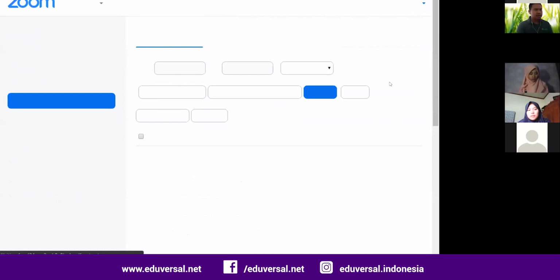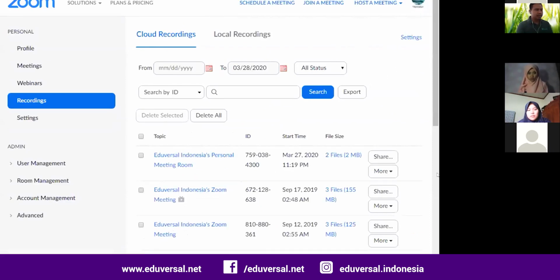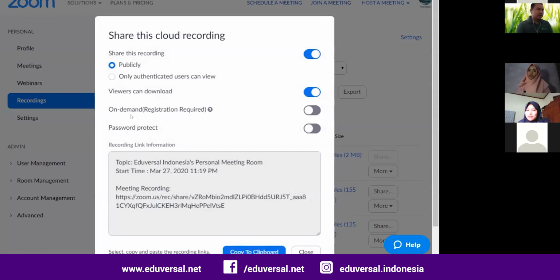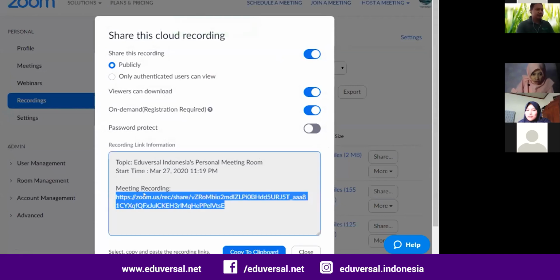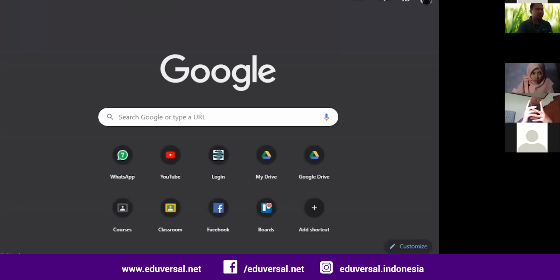about recording. So if you use cloud recording, and then this one, for example, you can share, and this one on demand, registration required, you click yes, and then you share the link to the students, and when they open it, they need to sign in, so you already know who watched the video.